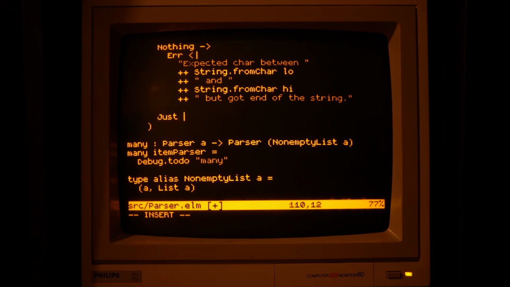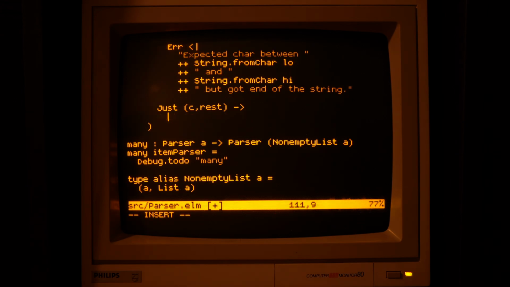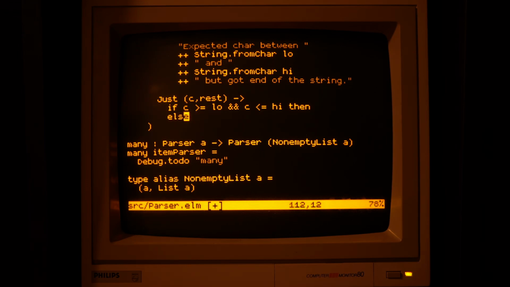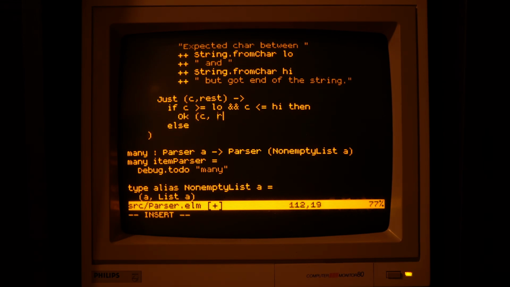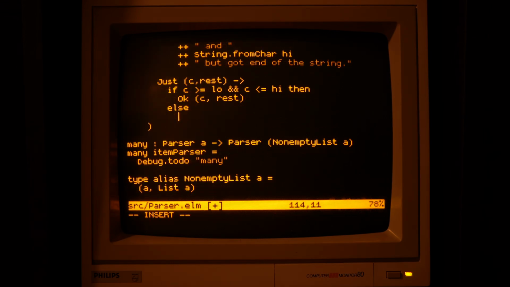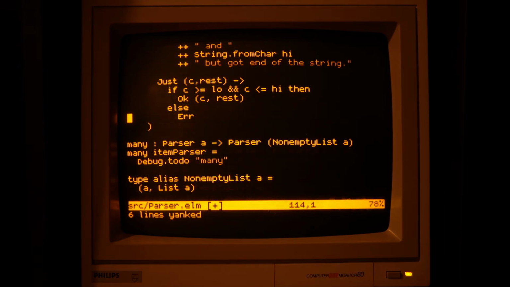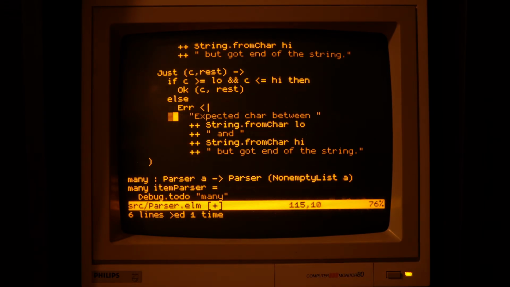And if we get a character back, we can check it. Is it in the bounds? If yes, return the character and the rest of the string, and if not, fail, saying that we have read a character but it wasn't one we cared about.